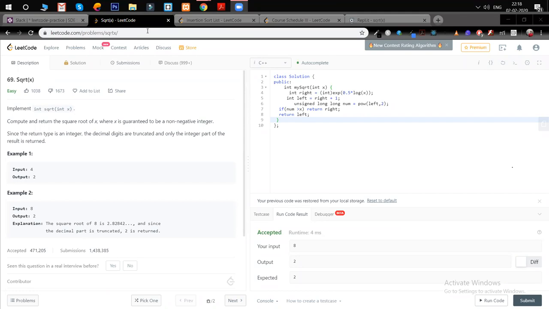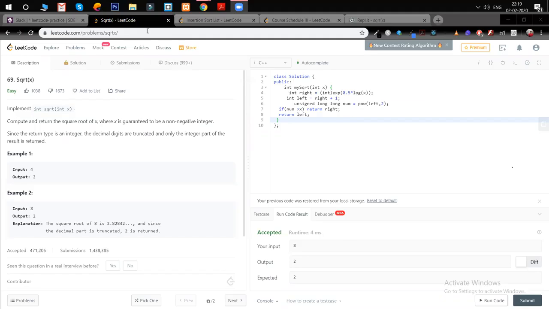One final thing to add: if somebody asks this kind of question in an interview, most probably they are trying to see something else. You are not expected to code it the mathematical way, but you're fine if you do it the binary search way, and they will check whether you are thinking about overflow conditions and all those conditions.